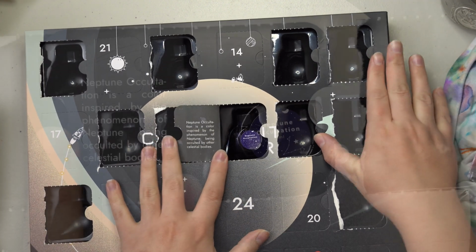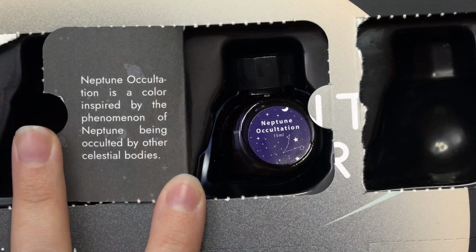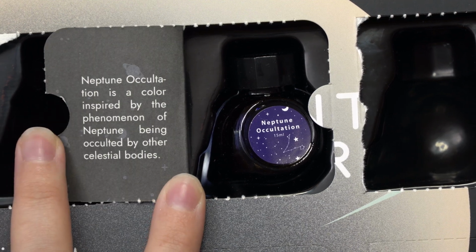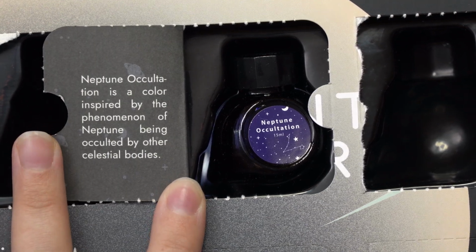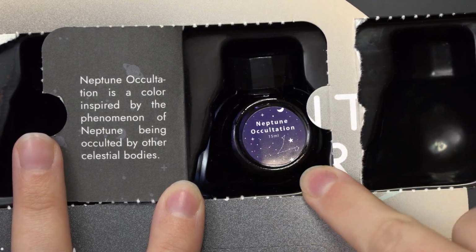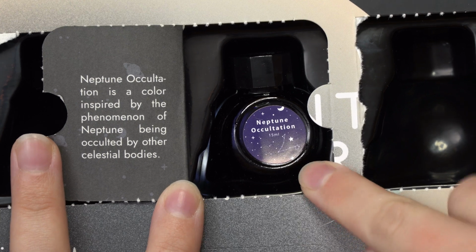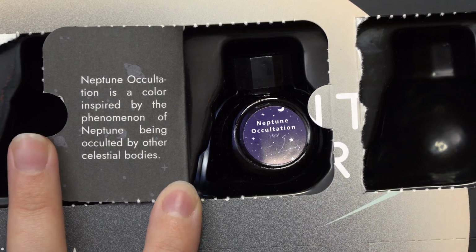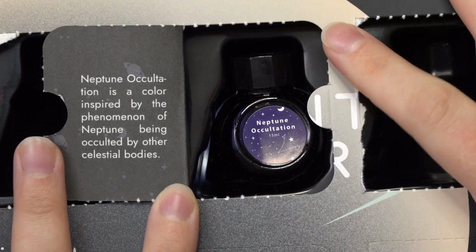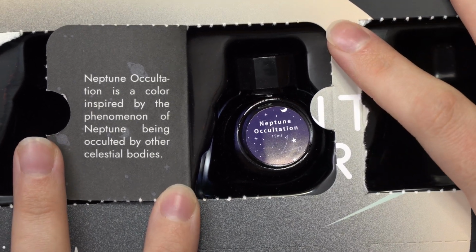Oh, yes. Okay, I realized that it's not black, which would have been the ultimate color for Friday the 13th, but it looks at least like it's a dark ink. And it also looks like it might be a bit purple. On camera, the sticker's coming off pretty blue, but in person, it looks almost like a purple black, which if that's what it's going to be, I'm going to be so freaking happy. Anyways, today's ink is called Neptune,